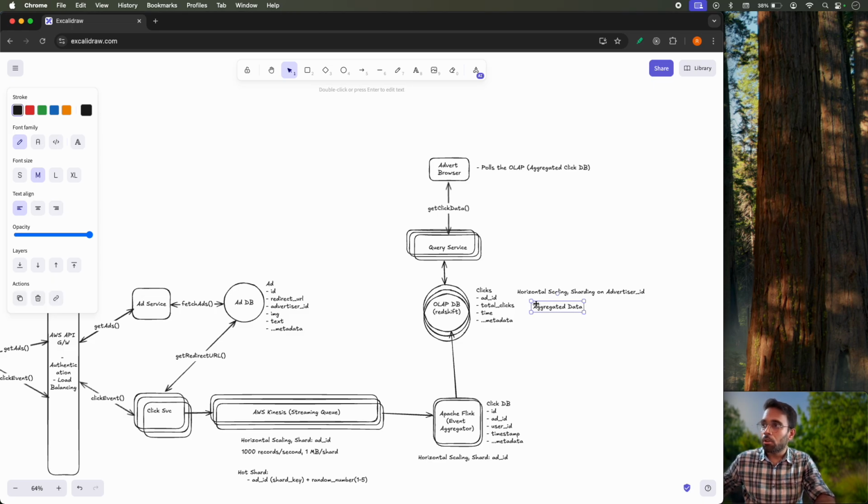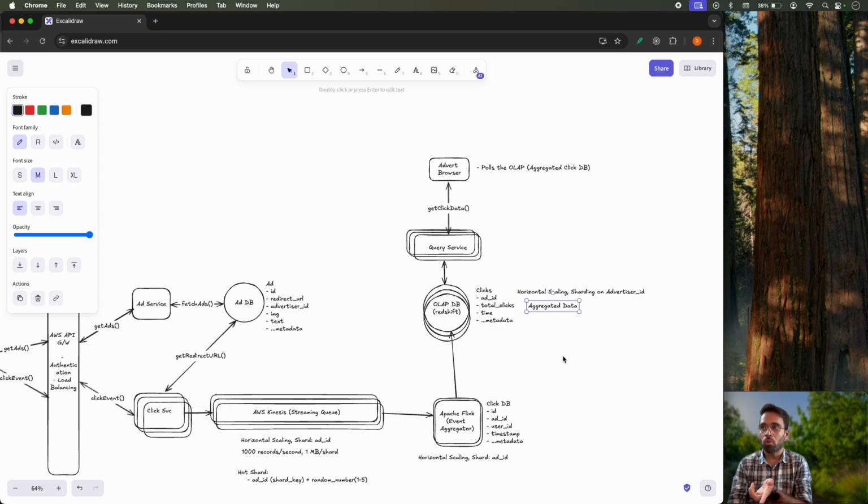So the problem is already solved. The one place where this problem could still persist is if the user, the advertiser, wants to query data at a bigger interval. So right now we are supporting only at a granular level of 1 minute. But what if the advertiser wants to query data at an hour level or 12-hour level, multiple days level? Now, if that is the case, then what we can do is we can run another job,